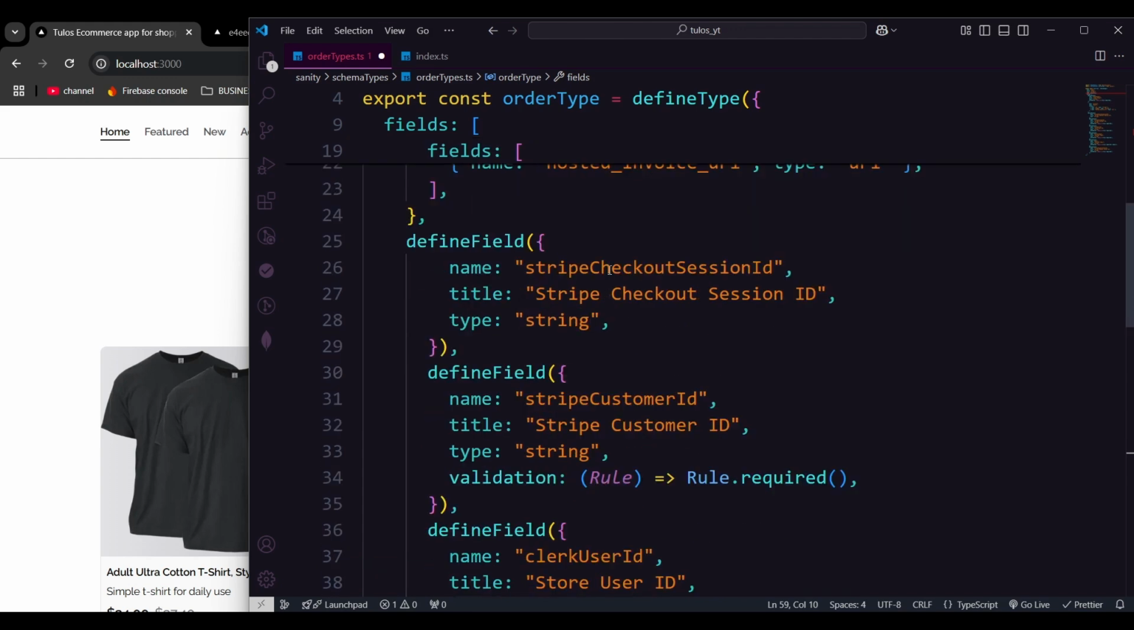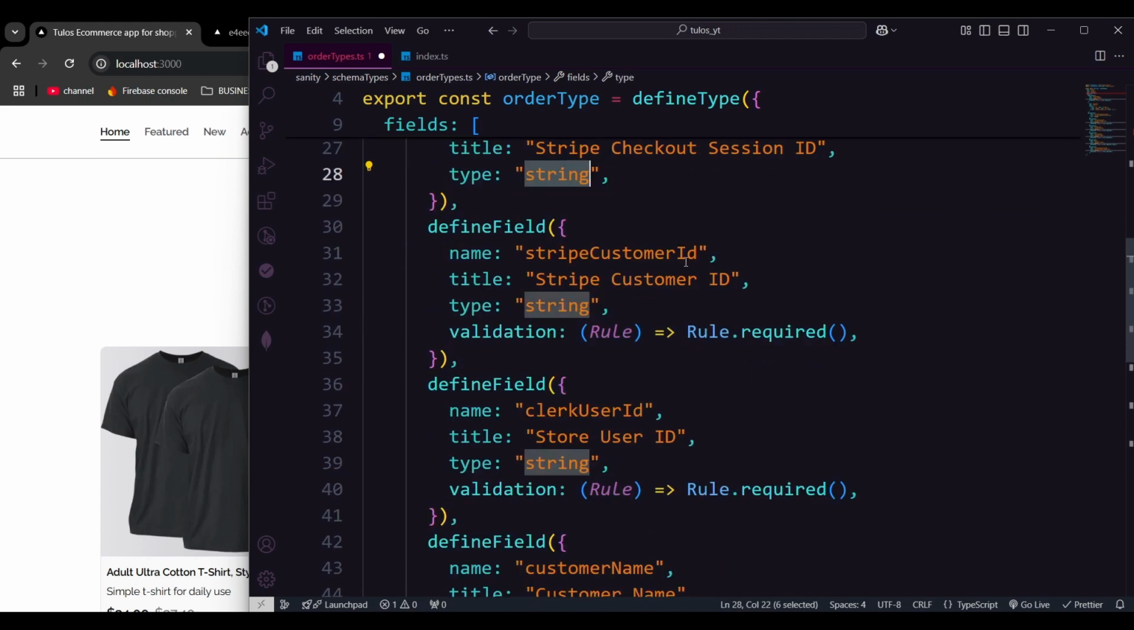Then the next one is going to be our Stripe checkout session, and the title should be the Stripe checkout session ID, and the type is a string. After that, we have the Stripe customer ID. Remember, the name we provided in the actions, we did the same thing. Trust me, these things are important, because we need to combine with the same utilities. The title is the Stripe customer ID, type is a string,